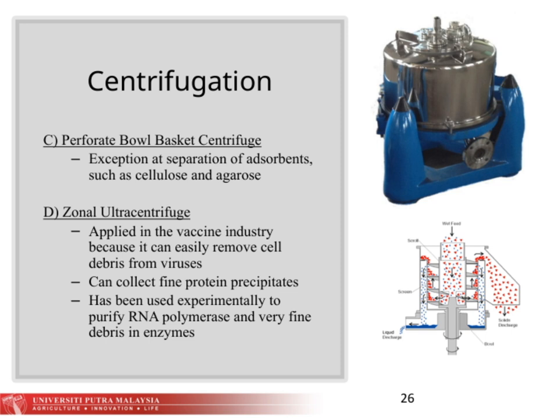Next, we come to the zonal ultracentrifuge. This instrument is especially important in the vaccine industry because it can easily remove cell debris from viruses, ensuring higher purity of the viral particles. It also has the ability to collect fine protein precipitates, which is crucial in many protein purification protocols. Additionally, the zonal ultracentrifuge has been used experimentally to purify RNA polymerase and very fine debris in enzyme preparations, showcasing